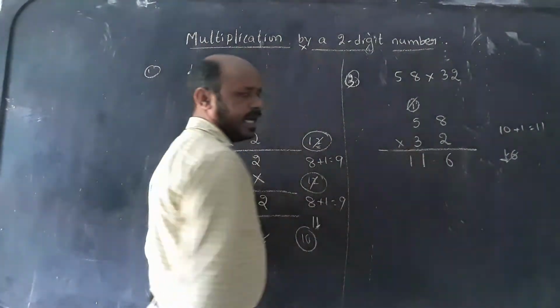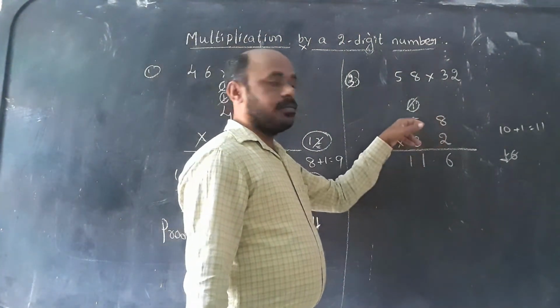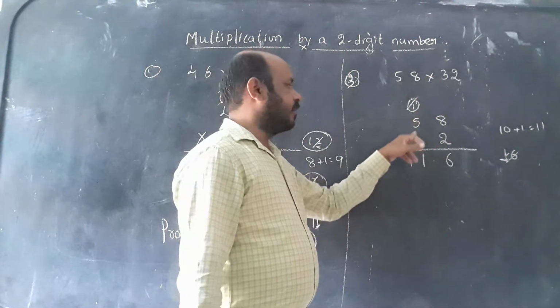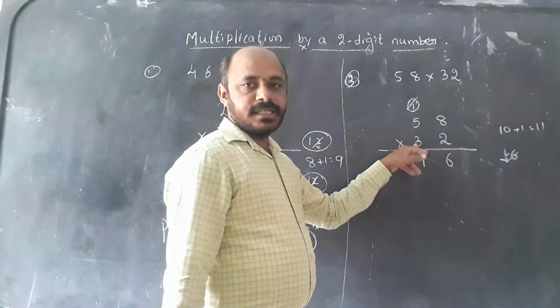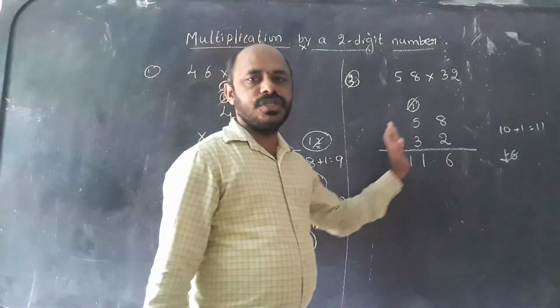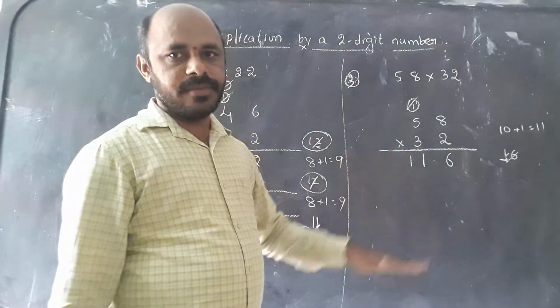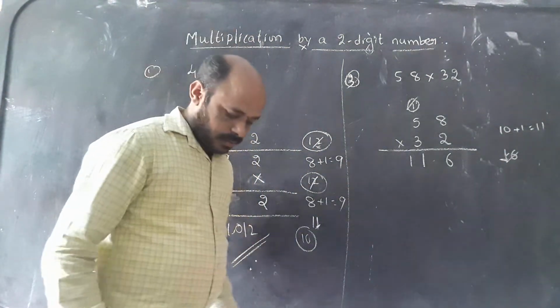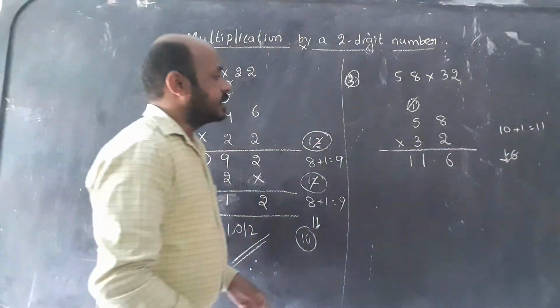Next one, we have to take the 3 table. Okay. For the 3 table, don't take the tens place directly, because some students will get confused. The tens place is there, but again we have to start from the ones place. Starting from the tens place is not the correct way. Compulsorily we should start at the ones place onwards, one step at a time.